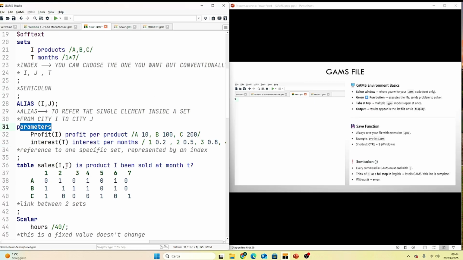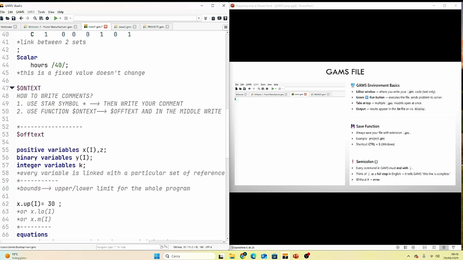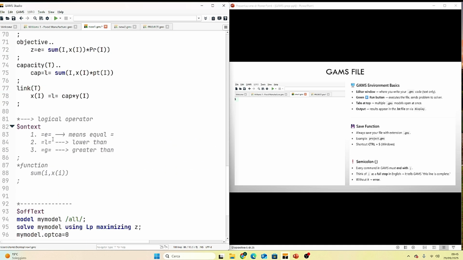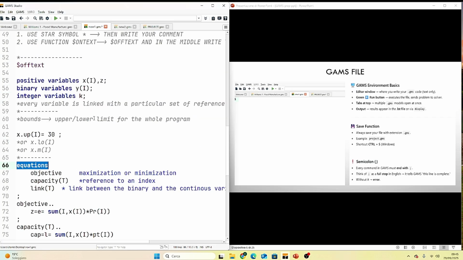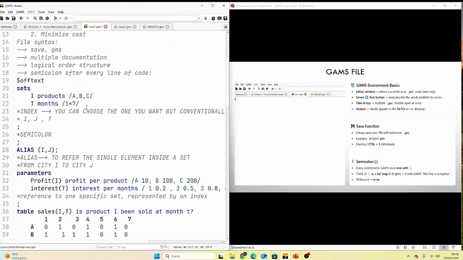Then we have variables, where we define the type of variables that we have, then equations, and the last part where we define what kind of model we are going to solve. So the structure is always the same. We need to remember that after every block, we need to write the semicolon. Without this, the system will